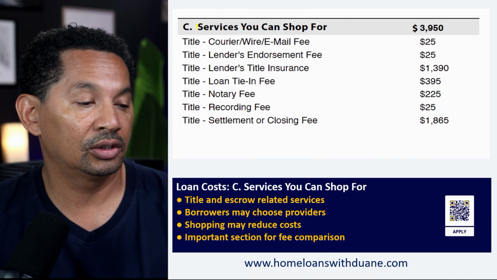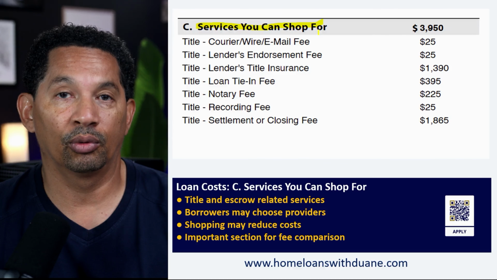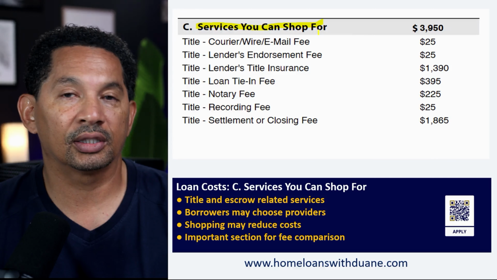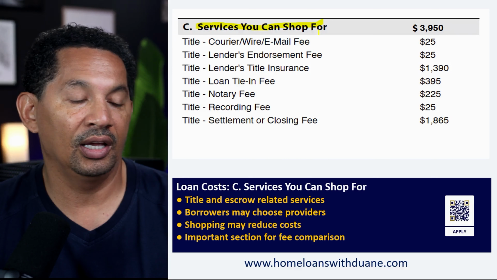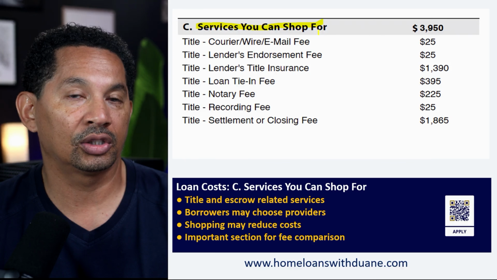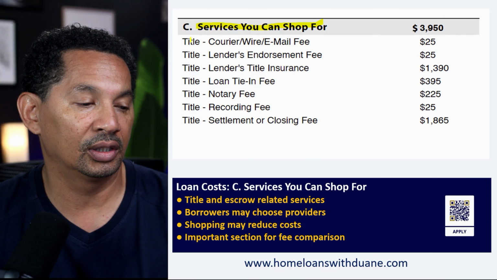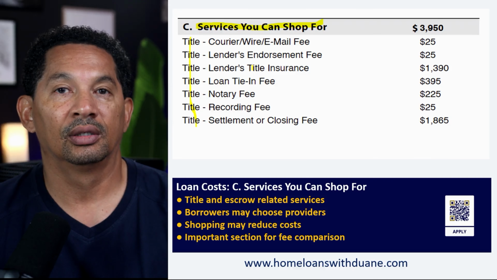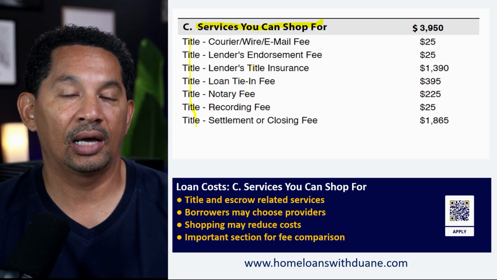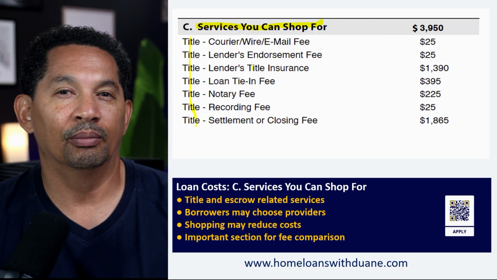Section C. These are services you can shop for. This is a section where you can shop to see if you can get a lower cost on all of these fees. And you can see all of these are title fees, right? These are fees associated with the title company, which in most cases,